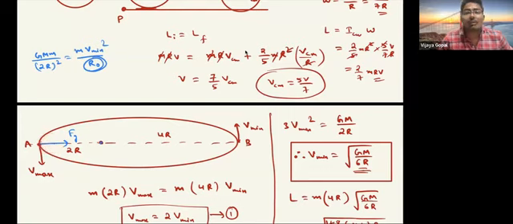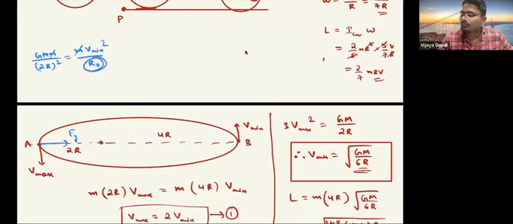How to find it, sir? Net force towards the center is the centripetal force, which you equate to m v square by r, and you will get the radius of curvature. So this m will get cancelled. When you substitute here, you are going to get the answer. See here, if you want, we can verify. What will you get? GM by 4r square, which is equal to v minimum square. Just now we found, no, GM by 6r into r naught. So GM will get cancelled, so r naught equals 4r square by